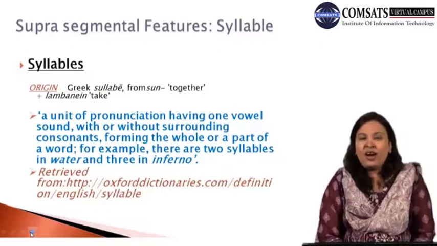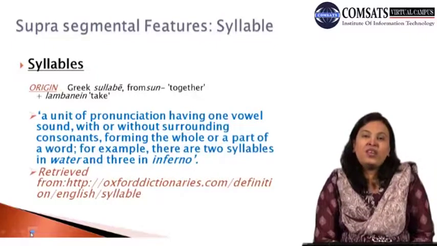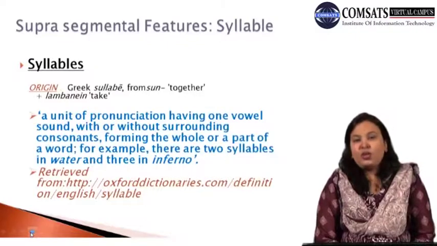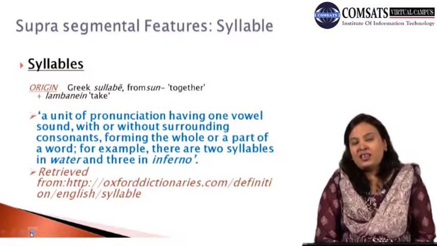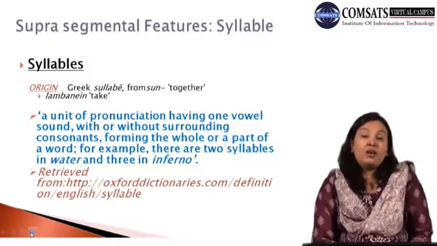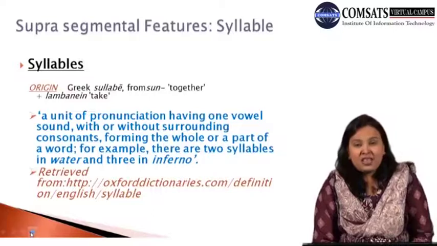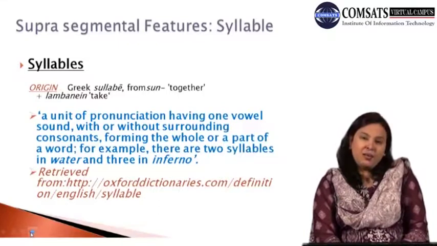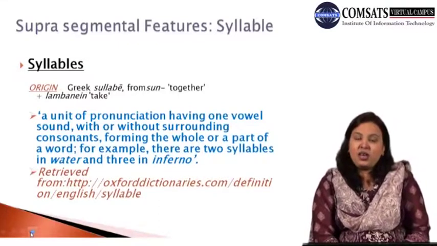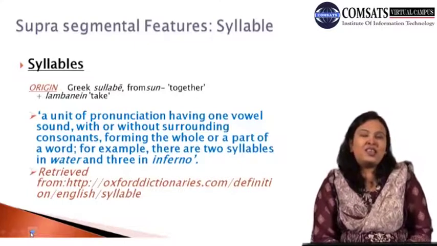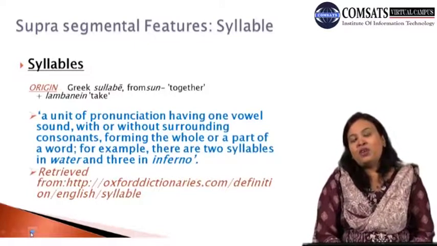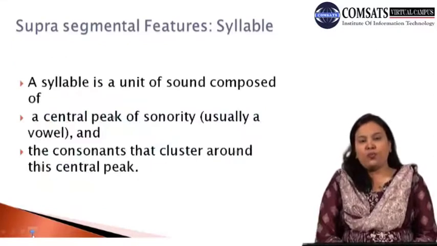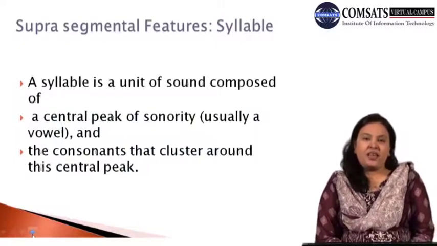So this way we can divide a single word into a number of syllables according to the way it is pronounced, according to the combination or the rule it has. And what is the rule? A single syllable must have a vowel plus or minus a consonant. A single vowel can also be a syllable, and if it is accompanying a consonant, then the vowel, with a certain rule, with the combination with a consonant, forms a syllable. So we are discussing what a syllable is.